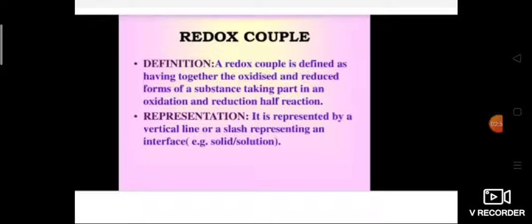Now we put the beaker containing copper sulfate solution and the beaker containing zinc sulfate solution side by side. It is given in your textbook. We connect the solutions in the two beakers by using a salt bridge. What do you mean by a salt bridge? A salt bridge is a U-shaped tube filled with agar-agar paste containing an inert electrolyte like potassium chloride or potassium nitrate, which does not react with the solution. It prevents the accumulation of charges in the half cells and completes the internal circuit.